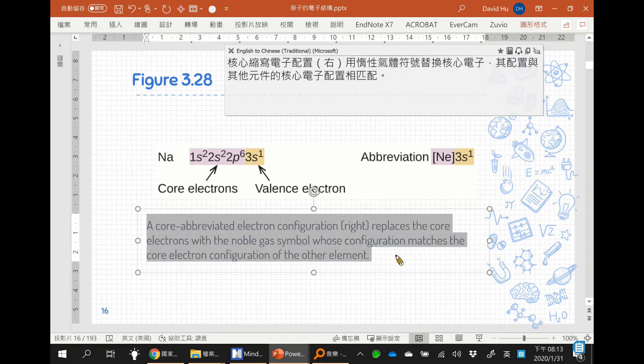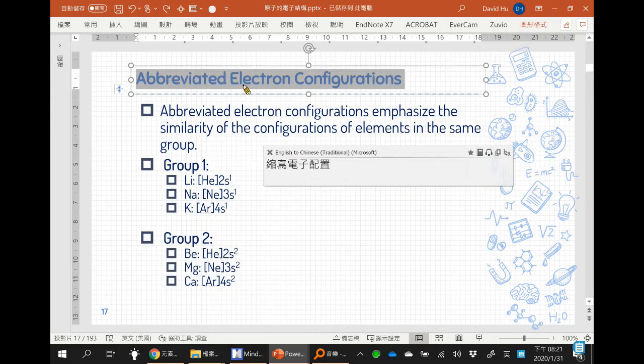A core abbreviated electron configuration replaces the core electrons with the noble gas symbol whose configuration matches the core electron configuration of the other element. Abbreviated electron configurations. 缩写的电子组态。